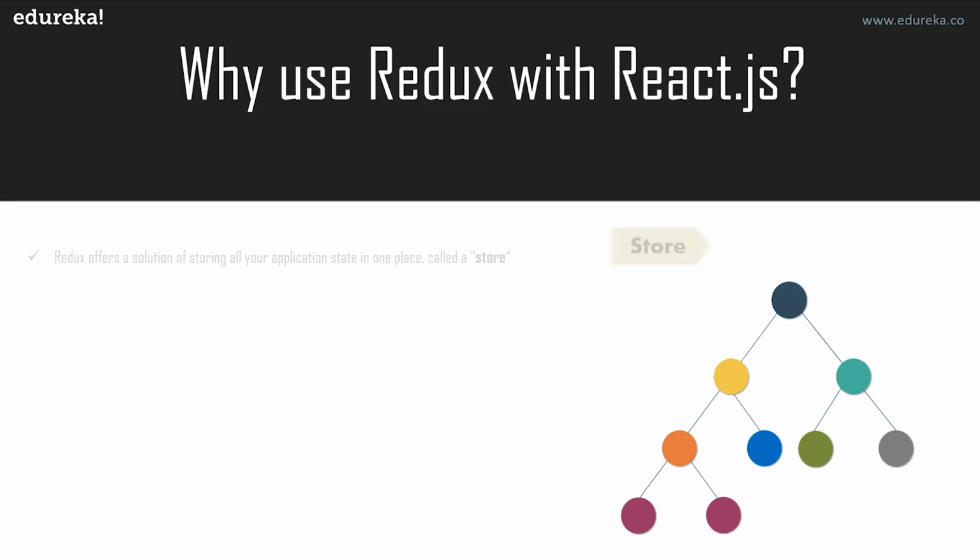So basically, Redux offers a solution of storing all your application state in one place called a store. Here we are talking about two important terms. One is state and another one is store. If I talk about state again very quickly, a stateful React component is a JavaScript ES6 class, which we already know, and every stateful React component carries its own state. So if we have multiple components, then every component holds or carries its own state. In a React component, the state holds up data and the component might render such data to the user.